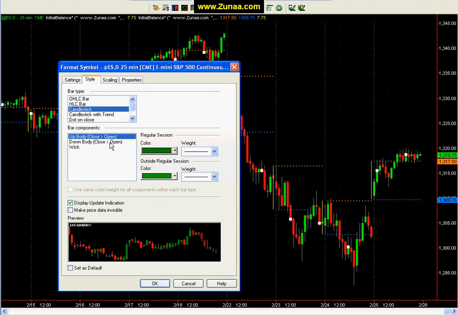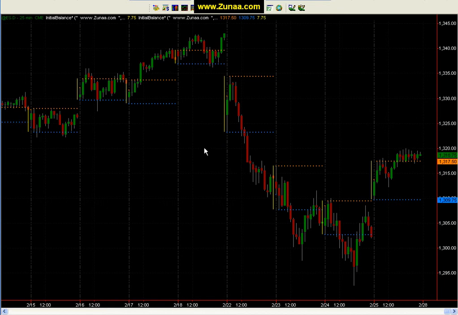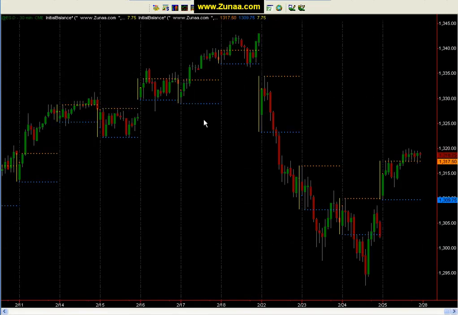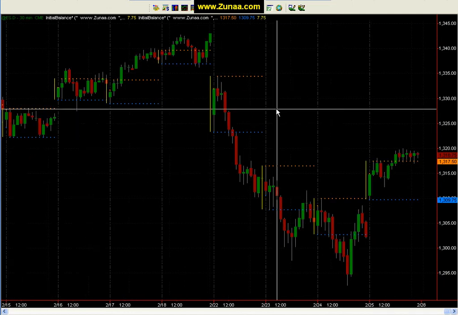Let's do this so it's a little bit easier to see. So you have them combined here. Now, like I said earlier, I'm not sure why I have this chart set to 30 minutes; let's set it to 25. It doesn't really matter what interval you're using, as long as the interval is less than your initial balance time period. So if this is based on 60 minutes, you can't use a 120-minute chart, because then you would have to look for the range inside the bar, and that becomes a little bit more complicated